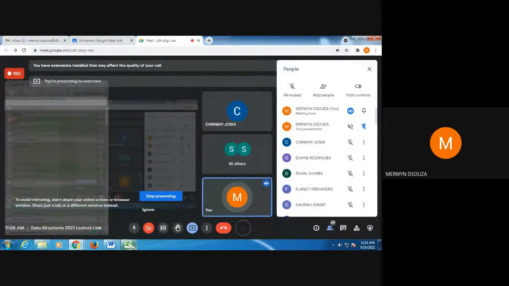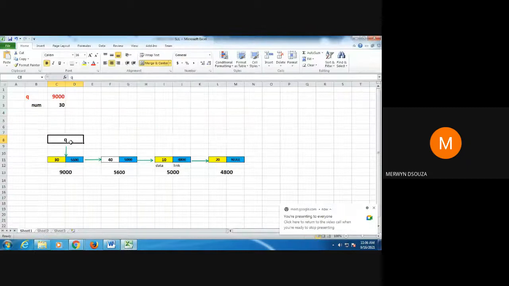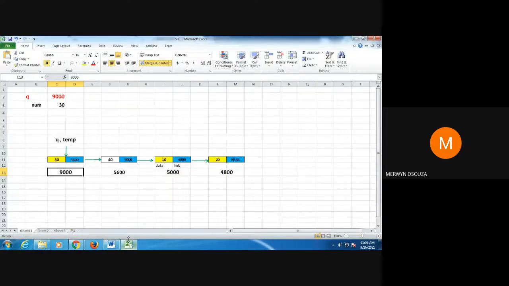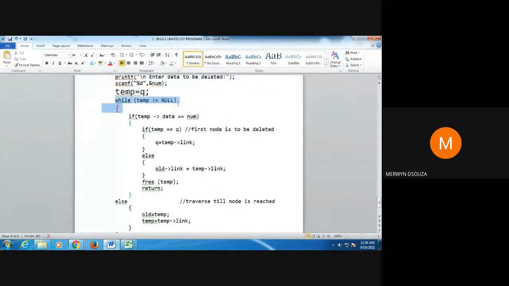Okay. So now what we are doing in this programming statement is that the value of Q, which is 9,000, we are assigning to temp. So what will be the value of temp? 9,000. So in the diagram, what change will happen? You are giving Q's value, 9,000, to temp. Therefore, both Q and temp will be pointing to the node with the address 9,000. That happens because of this statement, highlighted in yellow. So this change in your diagram is happening because of this programming statement. Clear? Okay. Next, now check the value of temp.